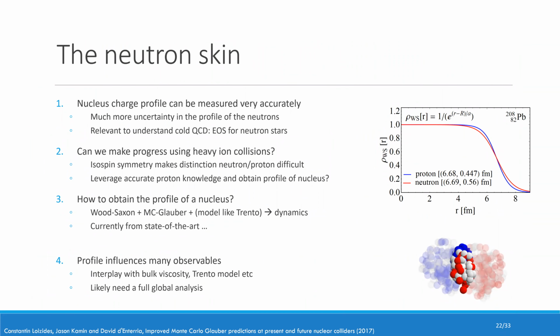So that's the intro on Bayesian analysis, then a little bit of the conclusion on the neutron skin. This Woods-Saxon profile has come about already a few times. This is 1 over e to the power (r minus R) over a, with...